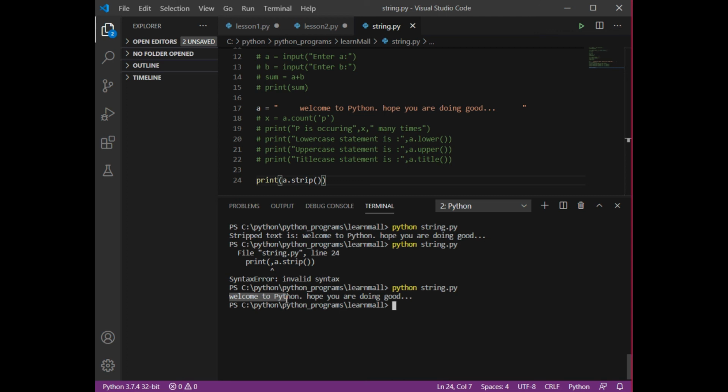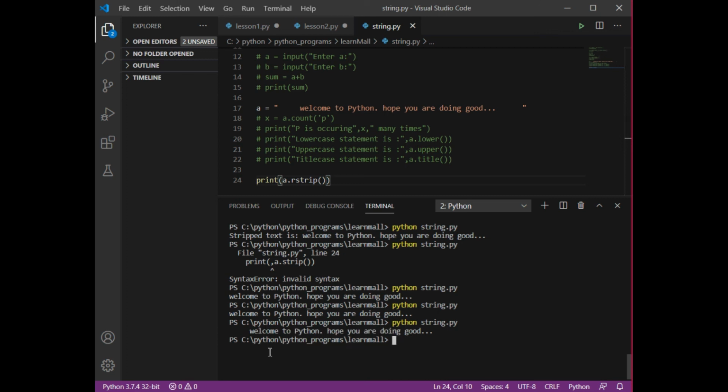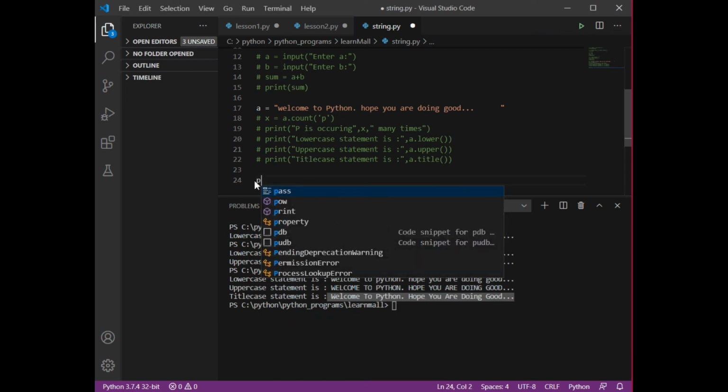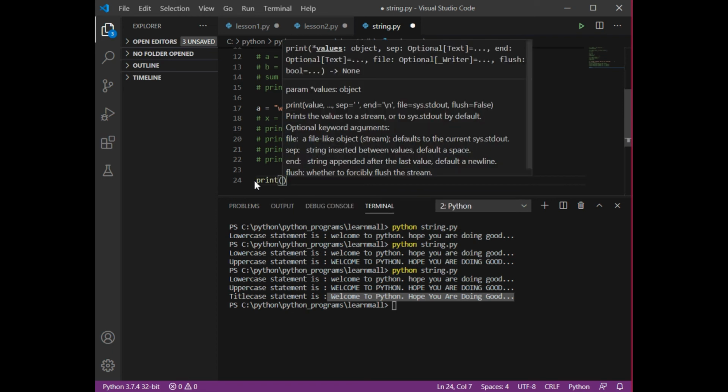Now we can use the strip function variations. We can use lstrip. If you want that only the left spaces should get eliminated, you can write down lstrip here, and then you can run your code. Lstrip is going to remove only the left spaces. Similarly, if I don't want to use this lstrip, I can write down rstrip. It will eliminate the right spaces. It will keep the left spaces itself and remove the right spaces. Okay, so I'm going to write down print, and inside print I'm going to write down.